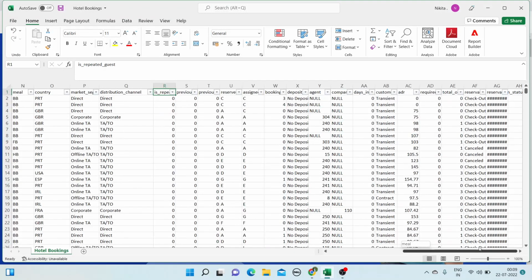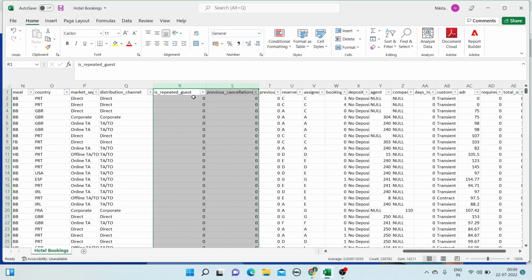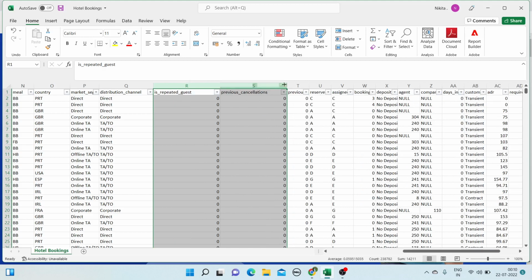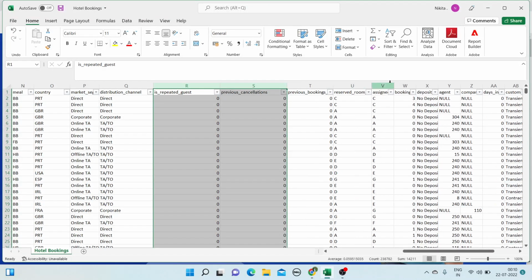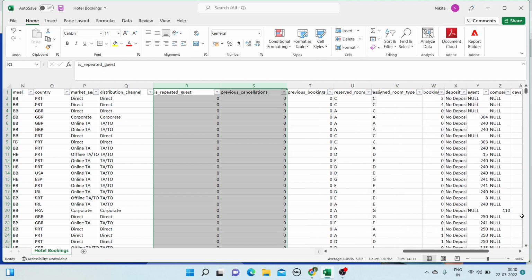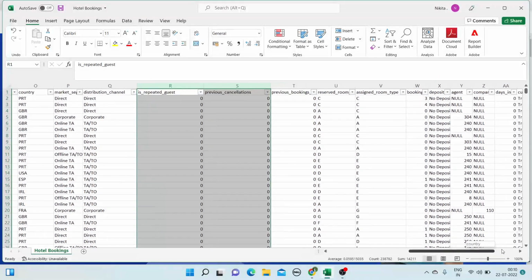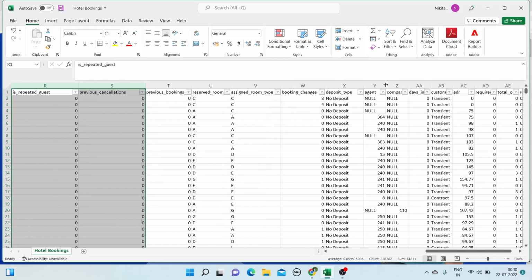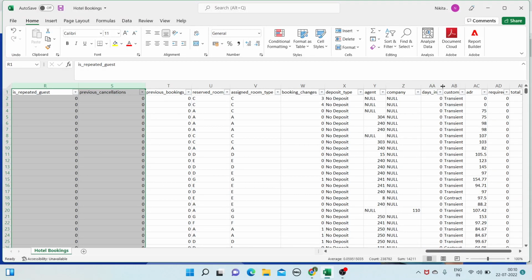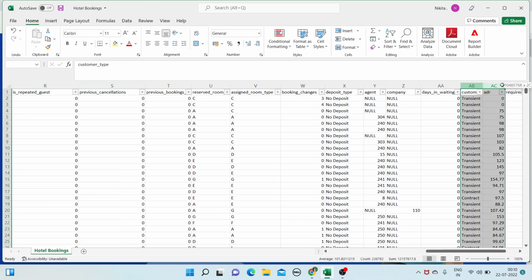Then similarly, we have more information like is repeated guest, whether that particular person who has done the booking is a repeated guest or not, and is there any previous cancellation for that particular guest. Then we have previous bookings, then we have reserved room type, then we have assigned room type, and then you can see we have booking changes, then we have deposit over here, then we have agent, company, then we have days in waiting list, then we have customer,